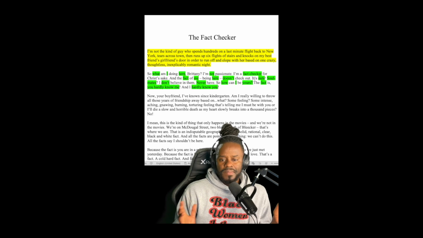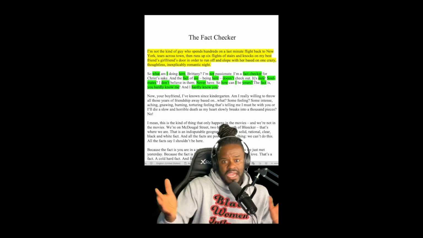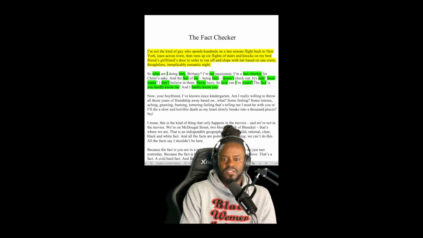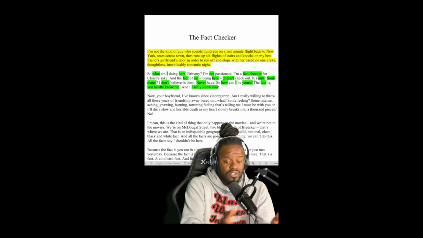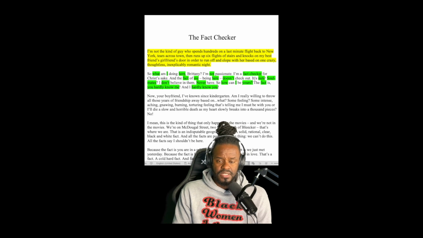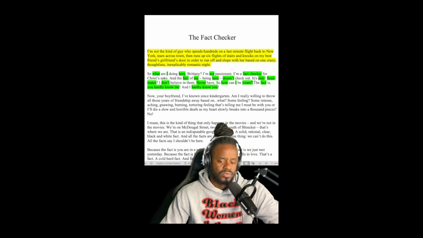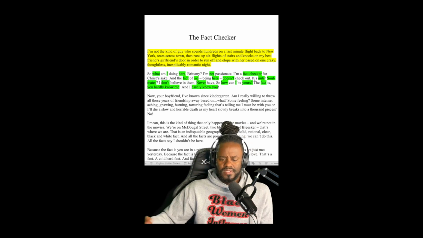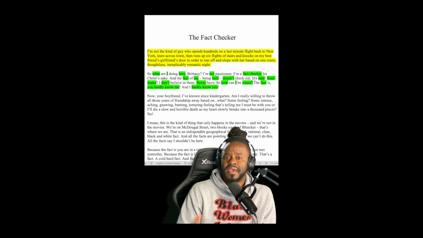Now, by all means, this is not the end-all be-all. This is not my final thing. These should not be your final operative words when you're highlighting things. This should not be the first time you go through it, and you should not finalize everything. You should do this multiple times because, depending on which word you highlight, it can change the meaning of the sentence and change your delivery. So I implore you to do this multiple times to find out what works best, what words make your sentence go through, what makes your message come through.